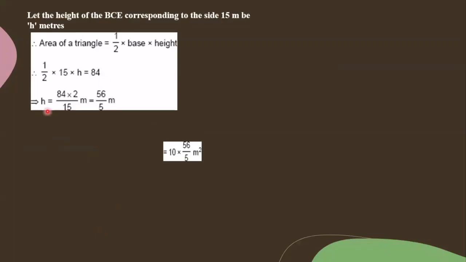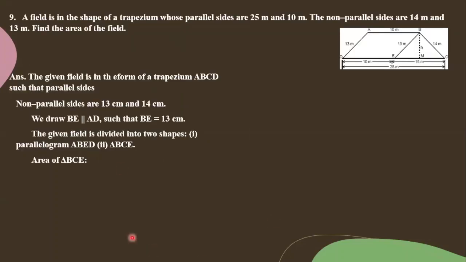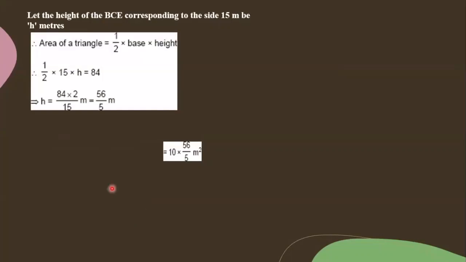Then we'll apply that in the next step, finding the area of the triangle, that is half into base into height. We have got the area of the triangle as 84, so half into base 15 into height is equal to 84. Very good to those who got the answer. I have not done that particular part because we have already practiced. You have to write that answer in the previous one: area of triangle ABC by using Heron's formula first, then come to this one. That area I'm applying here. Okay, I got the height value.